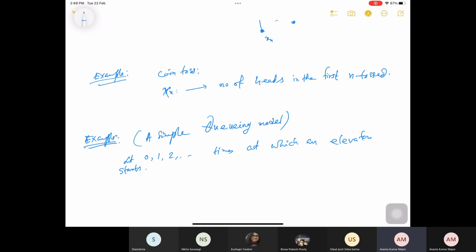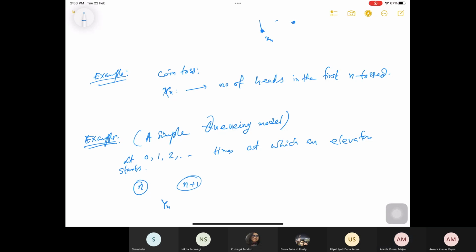Okay. So the elevator is started and then people are coming and then waiting. So only one person can go to the lift. Okay. And then maybe go up and down. So between the times n and n plus 1, what yn actually denotes is the number of people who want to get into the